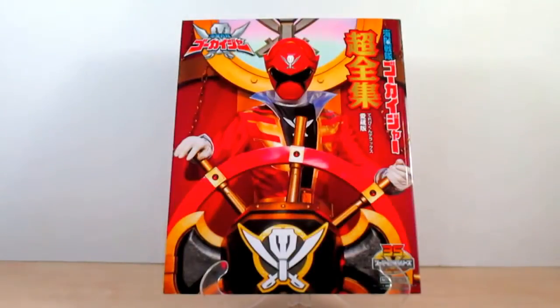Here with the review on the Kaizoku Sentai Gokaiger Super Complete Works book. Yes, friends. Gokaiger is the 35th Sentai of the series that aired in 2011 through 2012 with 51 fantastic episodes